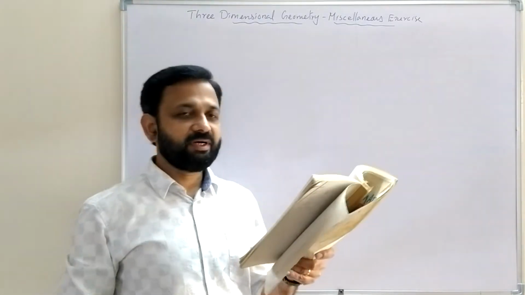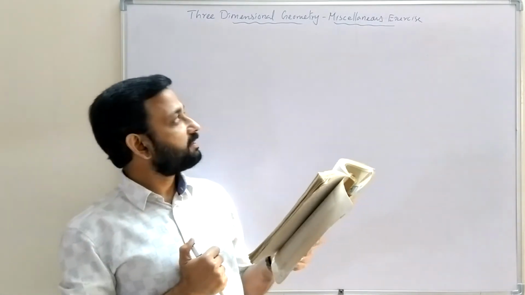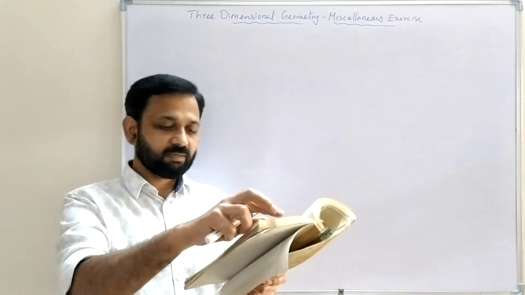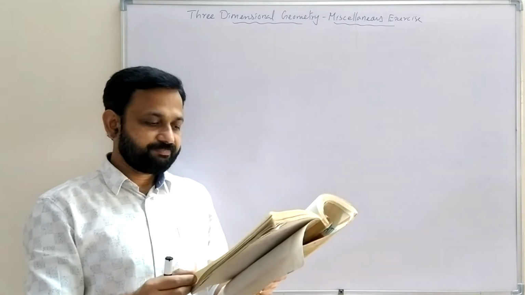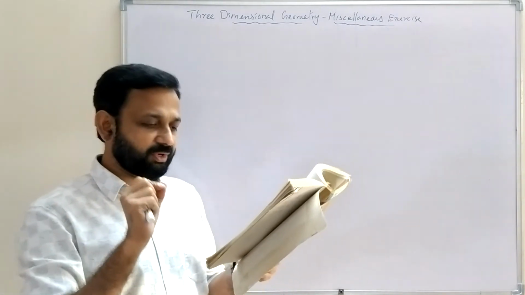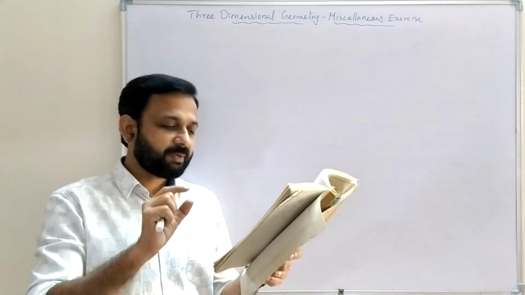Now we will do miscellaneous exercise of chapter 11, three-dimensional geometry. Miscellaneous exercise chapter 11, three-dimensional geometry. Question number 1. Show that the line joining the origin to the point 2, 1, 1 is perpendicular to the